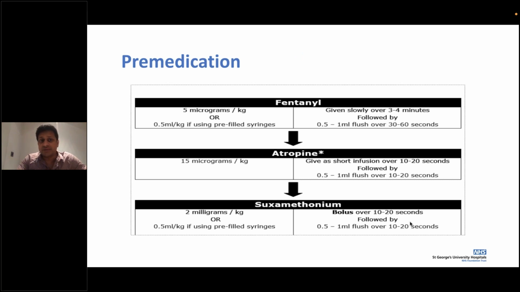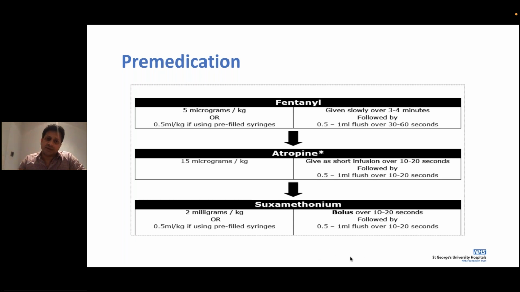Now, coming to pre-medications. We've spoken about equipment, we've spoken about you as an intubator, and now we are talking about pre-medications. Commonly, the drugs used are a combination of fentanyl and dexamethasone, with or without atropine. So that's the start over there. Very often the fentanyl is given first. Atropine is drawn up but not used, and dexamethasone is given just before the intubation process.